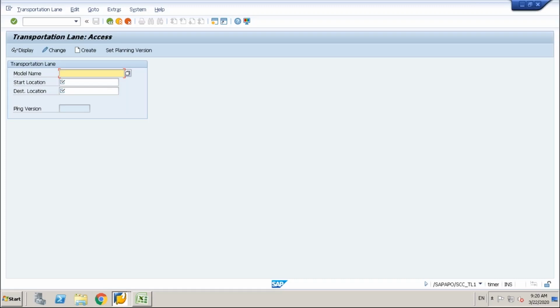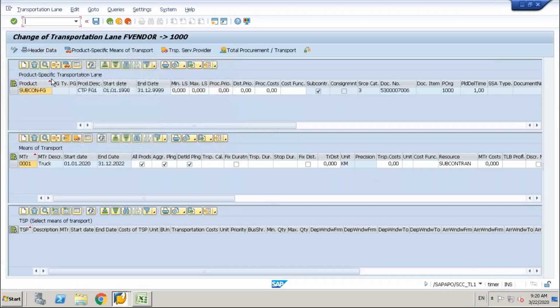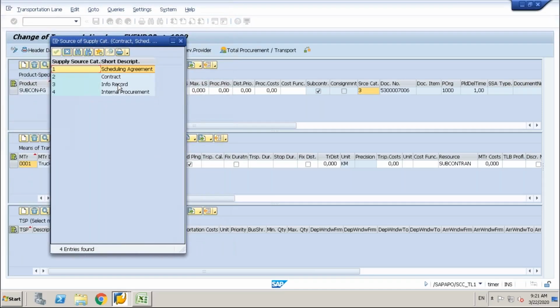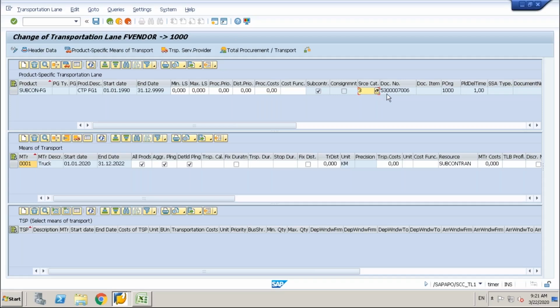The system created it. Go to the model, if the vendor is supplying to plant 1000, go inside, and there you see the subcon product. This indicates subcontracting. Source category is info record. See, a transportation lane can be created by contract, by scheduling agreement, everything. But now it is saying this is created because of the purchase info record, and the purchase info record number is